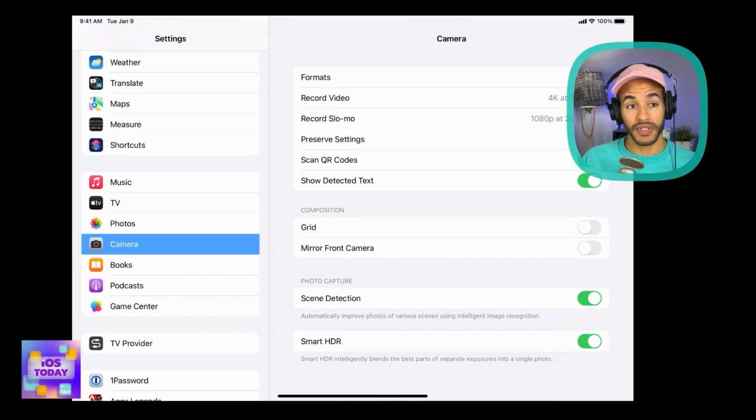Record slo-mo, of course, gives you the ability to record video at a higher frame rate so that when you play it back at a typical frame rate, you're seeing more. And this is a big thing that people who understand a little bit about film and a little bit about recording get. But if you don't exist in that space, this is important because